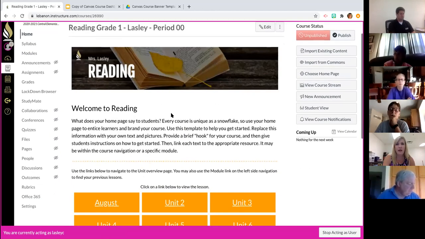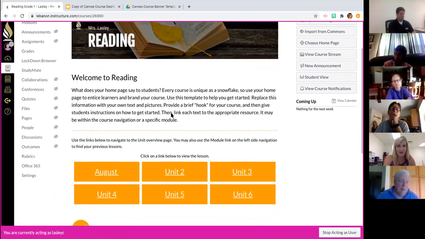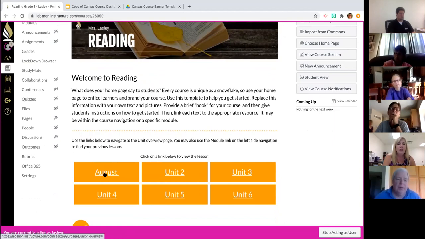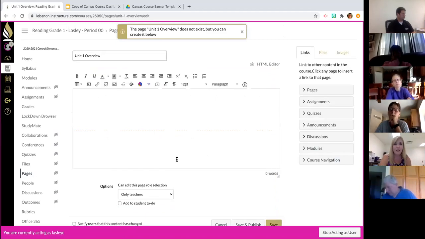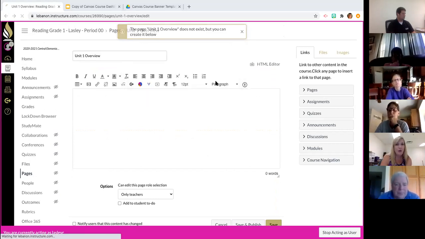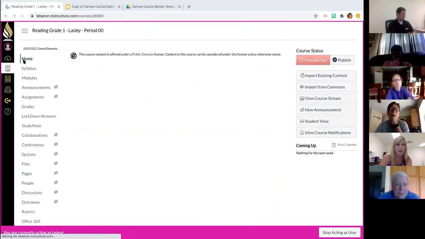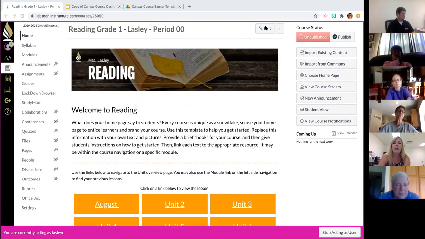And many of us ran into this situation when we changed and made things look the way we wanted them to look. When I click August, we'll see, I think that one stayed linked. We'll click that one. See how good. So this makes for a good example because it didn't stay linked. So I'm going to go back home. So when this pops up, you know that there's been a linking error. So if I go to edit on this page,